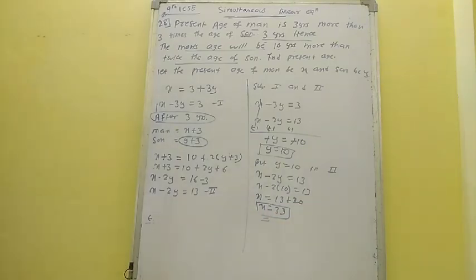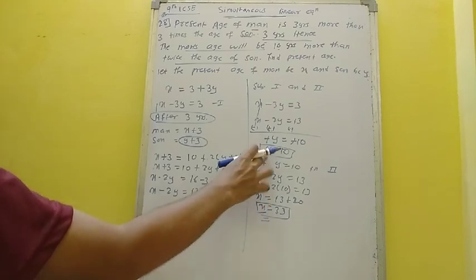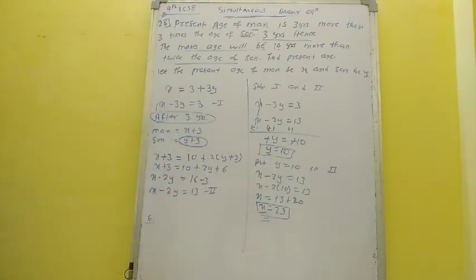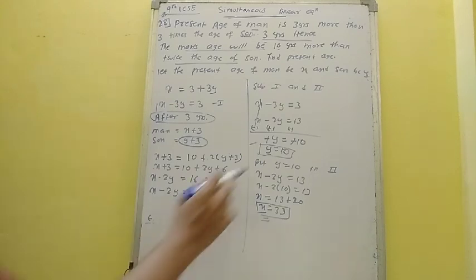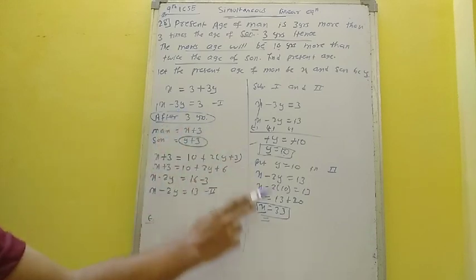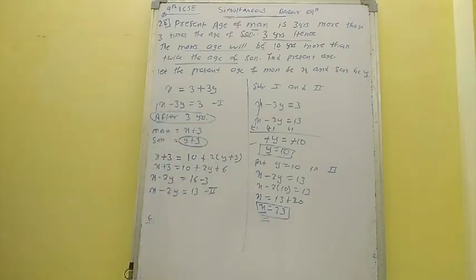Okay. Now see, because I am having the answer at the back side of the textbook, I can check it. But in exam, how will you check? When you get the value of x and y, try to substitute in any of the equations and see whether you are getting LHS and RHS equal. If they are equal, then your answer is correct. If they are not equal, your answer is wrong. Okay? So see, if I am substituting 10 over here, 10 3s are 30 and 33 minus 30 is 3. Okay? So it is correct.